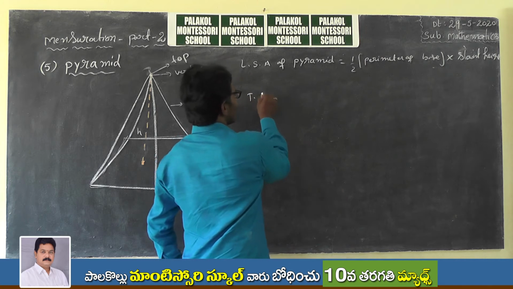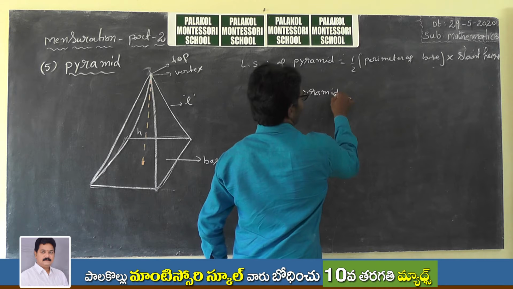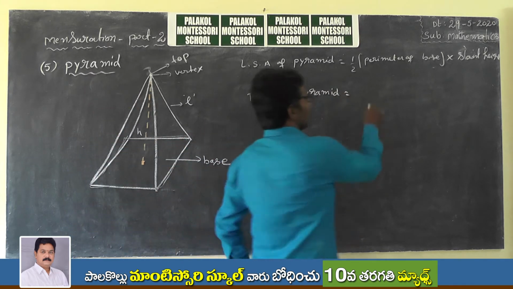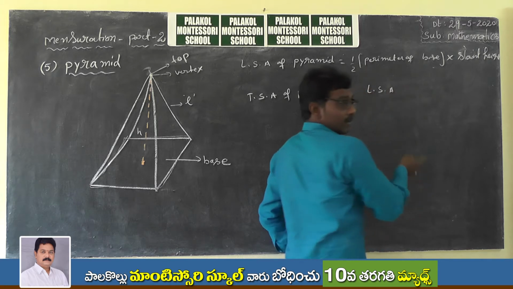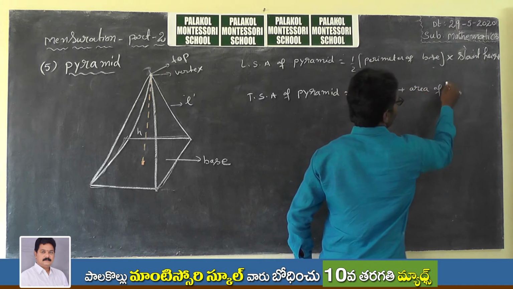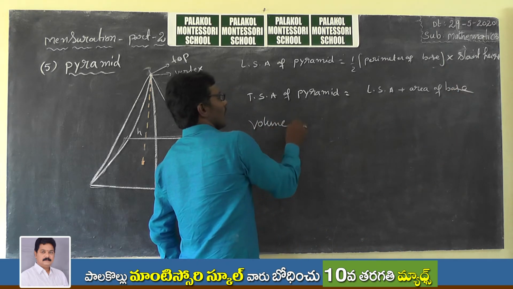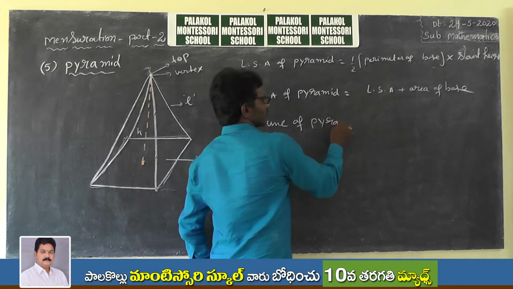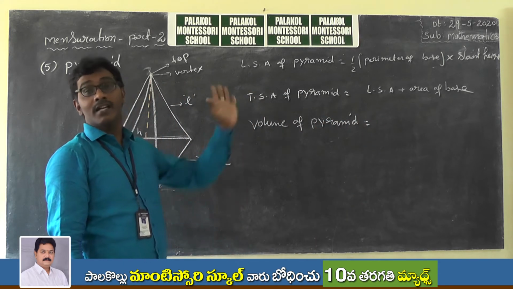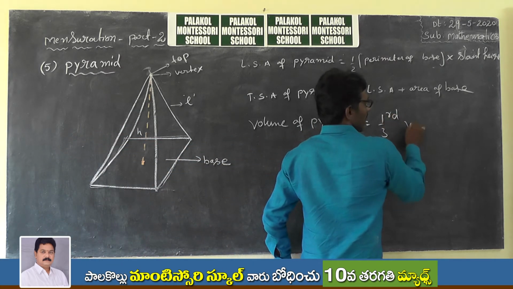Next, total surface area of a pyramid. It depends on the lateral surface area: LSA plus area of the base. Okay. Next, volume. Volume of the pyramid is 1/3 of the volume of the prism,